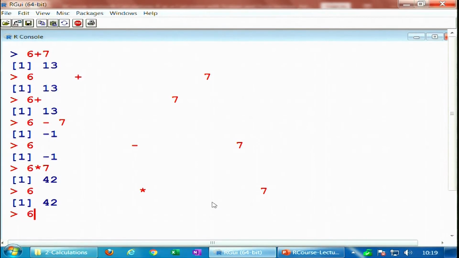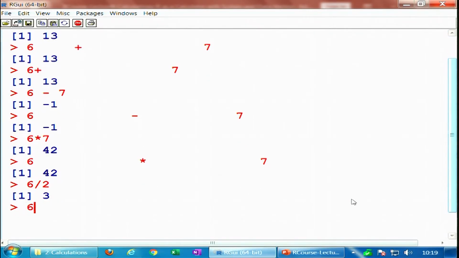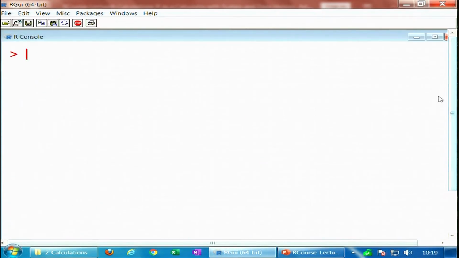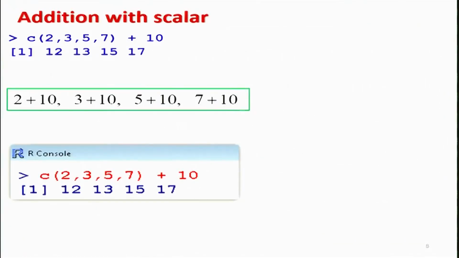And the same thing holds with division also. 6 divided by 2 is 3, and if you split the 6 and the divided by 2 with spaces, this is again 3. So, that makes it simpler to understand how things are happening in the R software. And once you have understood how the operations between two scalars are performed, now we can extend this